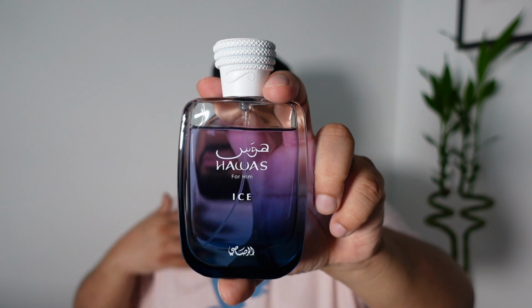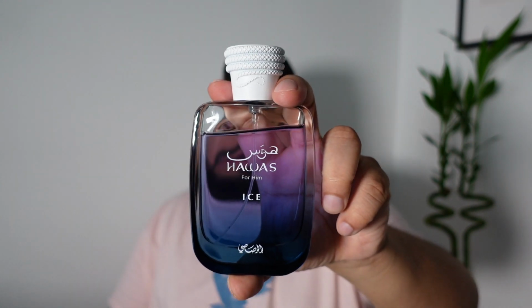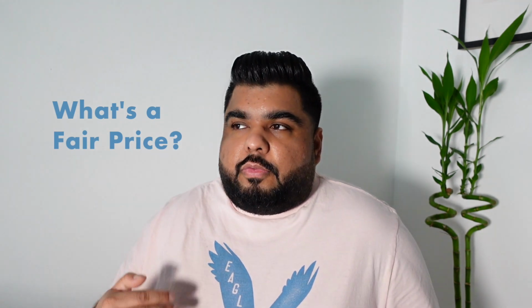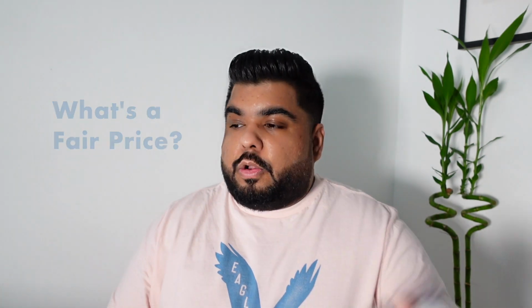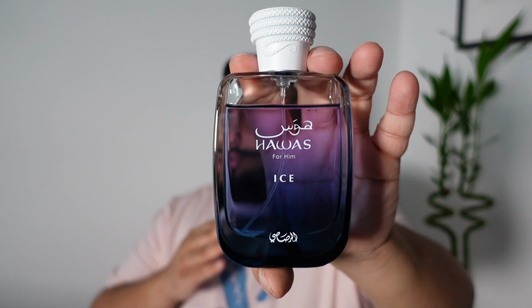I know there's a lot of logistics with getting a fragrance, bringing it to our country and all of that, but I do believe that prices can be brought down even more. You'll notice there is no link to buy them in my description, or I've not pinned a link in the comments saying, find yours over here, and that's why I can say these things without a worry. I would say don't pay more than $45 or 4,000 rupees for Hawas, and not more than $55 or 4,500 rupees